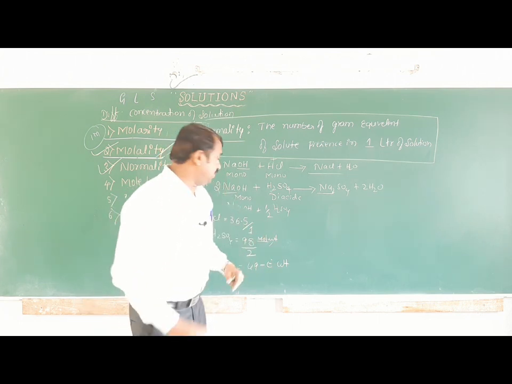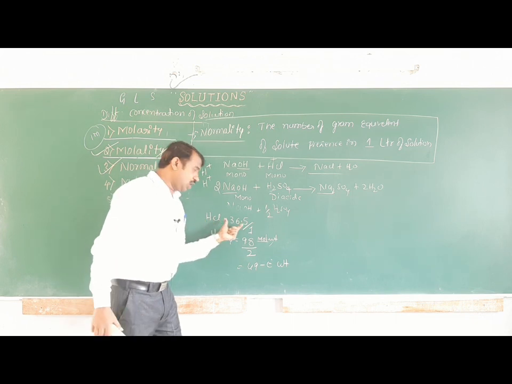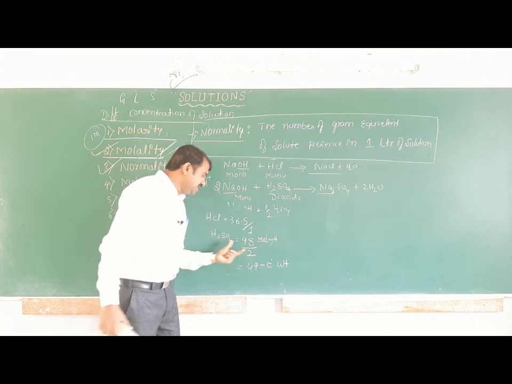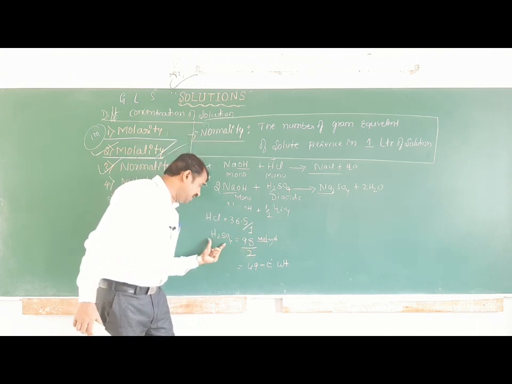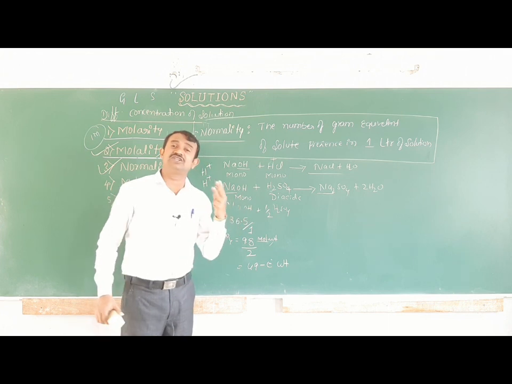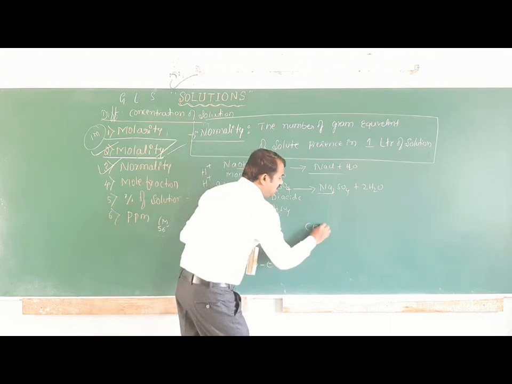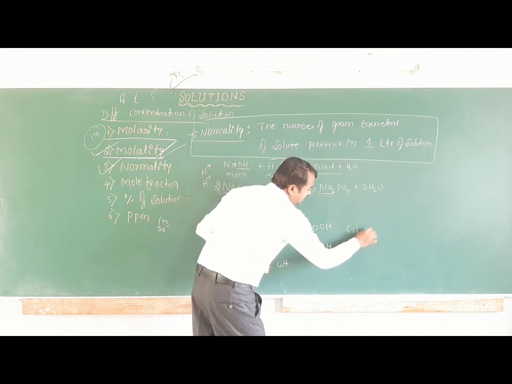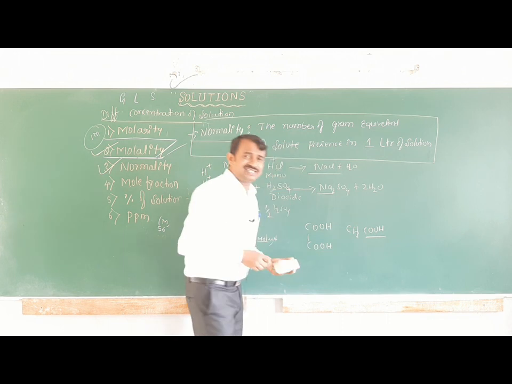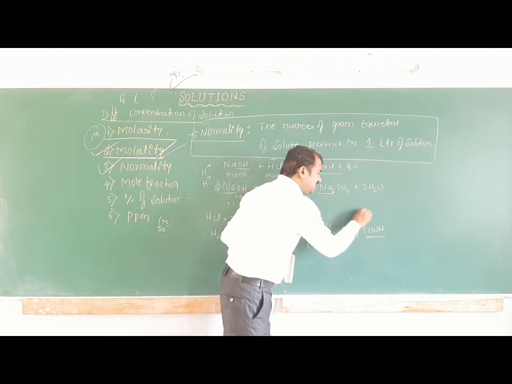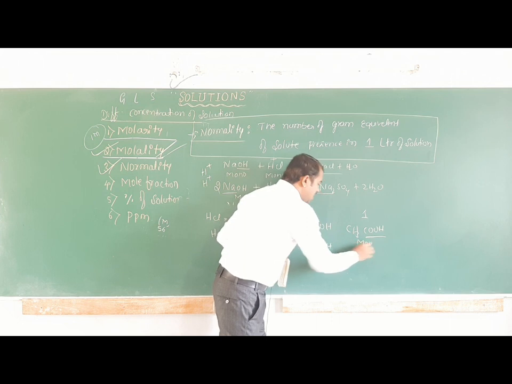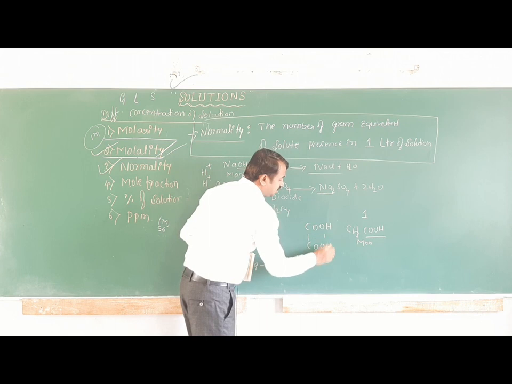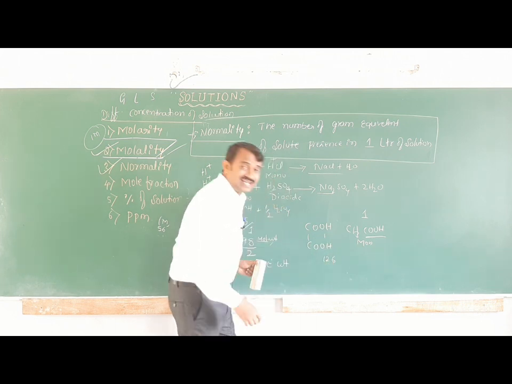Sir, what is equivalent weight? For hydrochloric acid, molecular weight is also 36.5, equivalent weight is also 36.5. If it is a biacid, monoacidic, biacid is divided by 2, triacid means it is divided by 3. Oxalic acid, you can observe, COOH, and acetic acid, CH3COOH. How many carboxylic acid groups are there here? 1 carboxylic acid, it is monoacidic. And here how many carboxylic acid groups? Bicarboxylic acid. Total molecular weight of oxalic acid is 126.